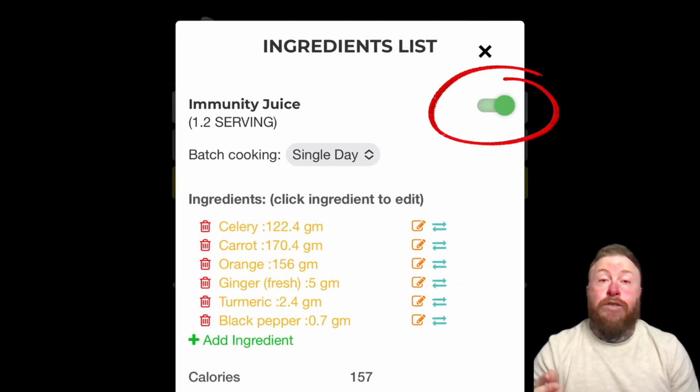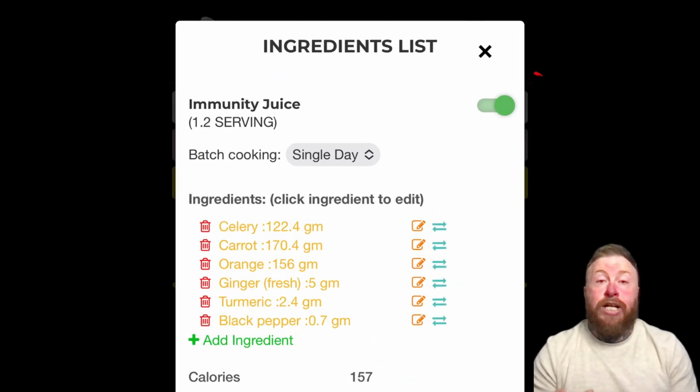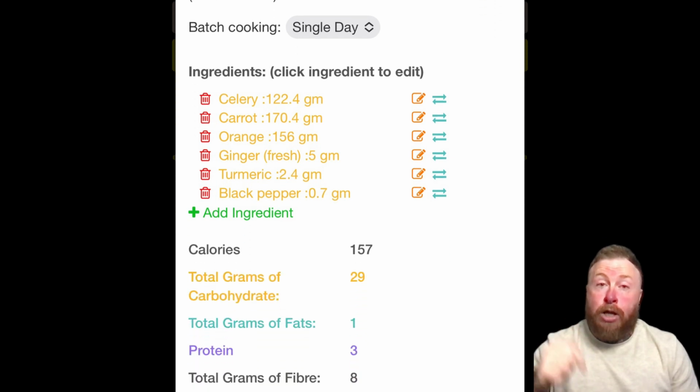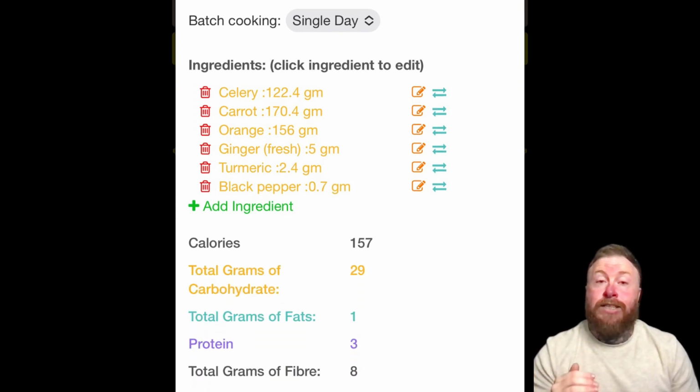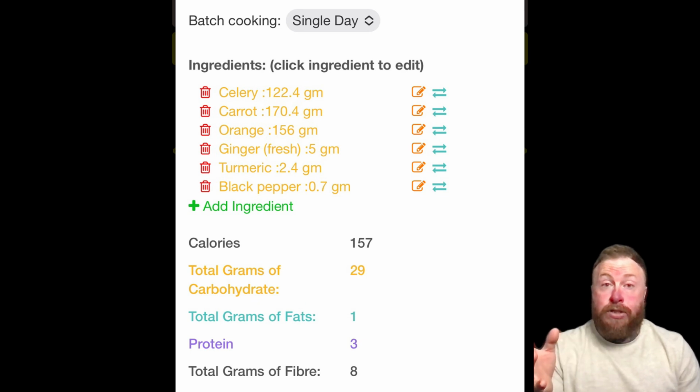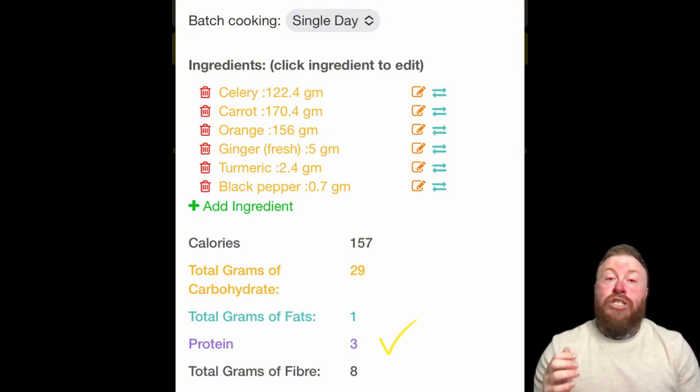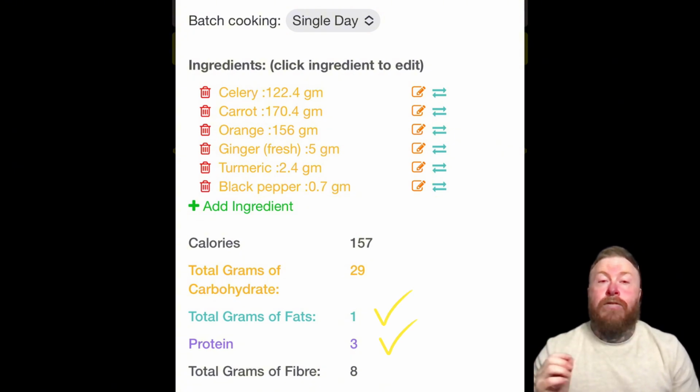Now the next feature I'm going to talk about is the macro switch. Now as you will see, when you flick this switch from left to right, the ingredients will change colour, and they'll change colour to represent the macronutrient that they are higher in. So if you want to look below where the protein, carbohydrates and fats are, each colour represents their macronutrient. So the ingredient that changes purple will be higher in protein. The ingredient that changes light blue will be higher in fat, and the ingredient that changes orange will be higher